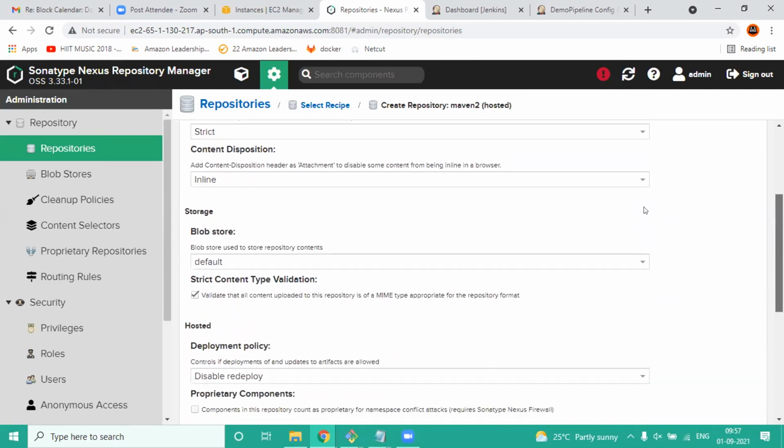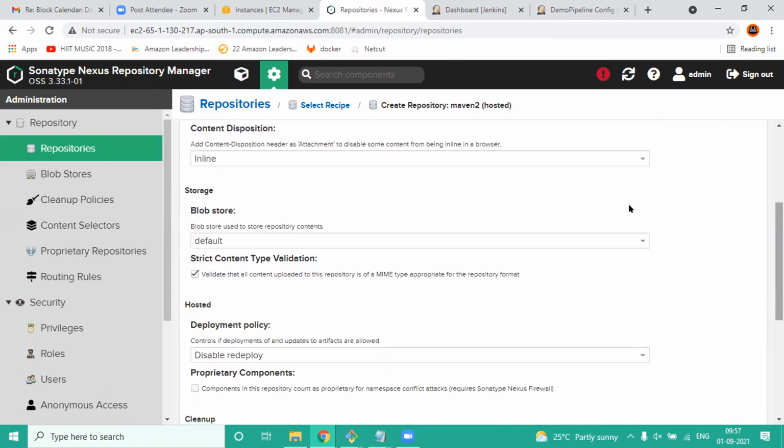On the storage type, leave it as default. Okay. So you don't have to change anything else. Now, I don't want any validation to be done, so I'll just remove it. And